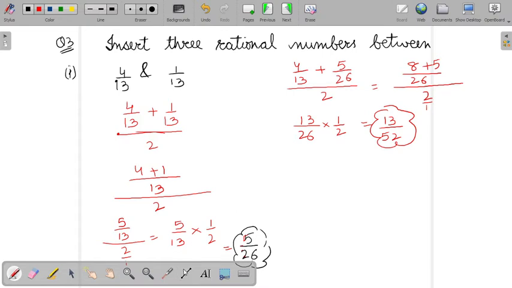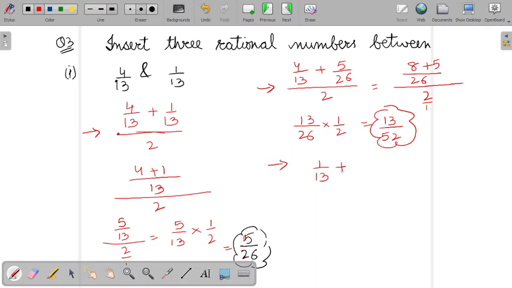How to find the third rational number now? This is the first. This is your second step. Now, how to take the next part? Now, you can make a pair of any two rational numbers. But remember, the rational number pairing should not be repeated. Why? Because you will get the same answer again. So now we can take 1 by 13 and 5 by 26, or you can take the pair of 1 by 13 and 13 by 52. It's up to you, whatever pair you want to take.